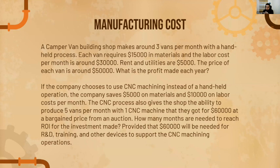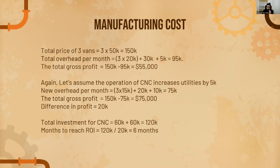Now each van has a material cost, each van has a labor cost, and there is obviously rent and utilities. And then there is a price for each van, how much they sell it for. Now, the first part of the question, the answer is in here. The total price of 3 vans is approximately 150K, and the total overhead per month, so 3 times 20K. Now, why I put 3 times 20K is that,